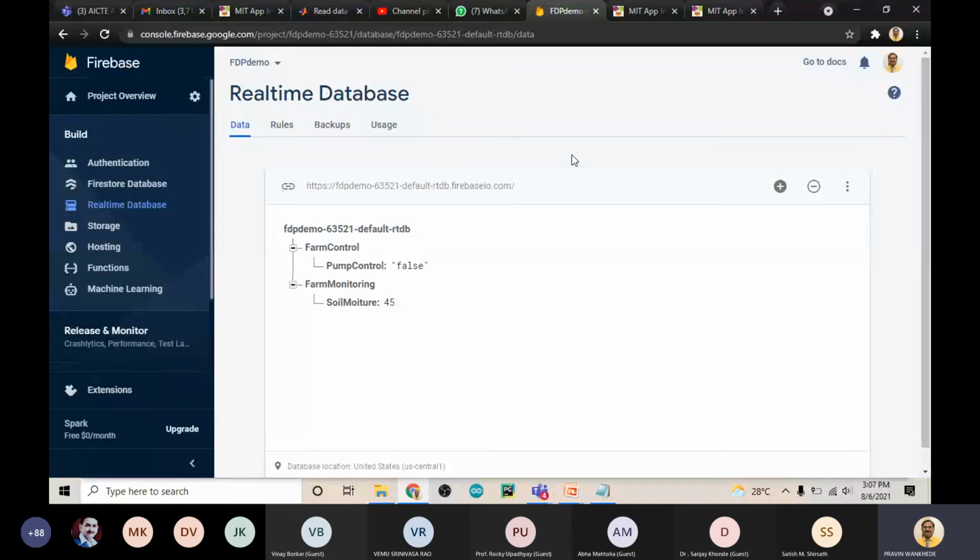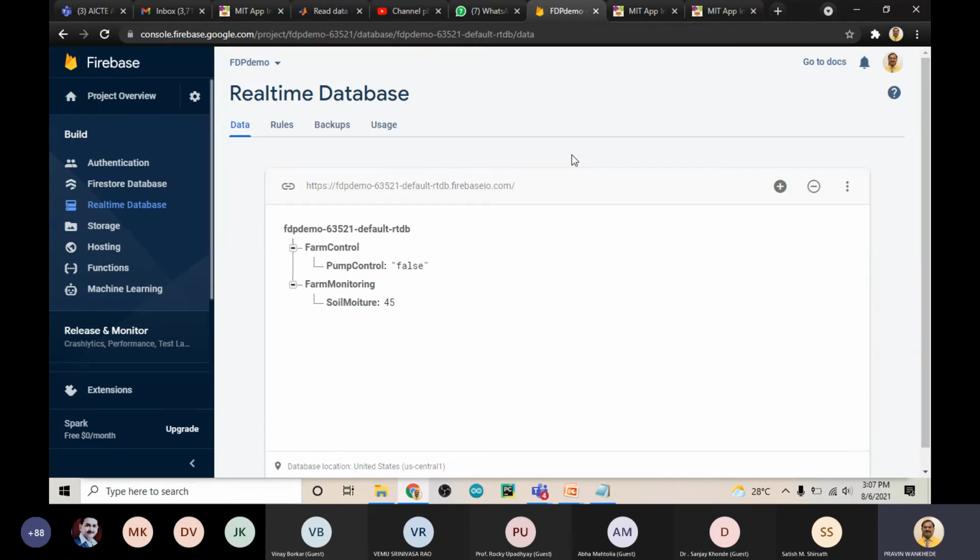If you're not getting the data on your mobile app, though your hardware is working correctly, it means that there is an issue only with your hardware and the connection with the Firebase. There is no issue between the Firebase and your mobile app, because we have tested right now that the connection between your Firebase database, the Firebase cloud and your mobile app is correct. So there is no error or any issue with the connection between your Firebase cloud and the mobile app. So do not look for any error in your database and the mobile app. I hope you are understanding this one. It is working perfectly. Okay.